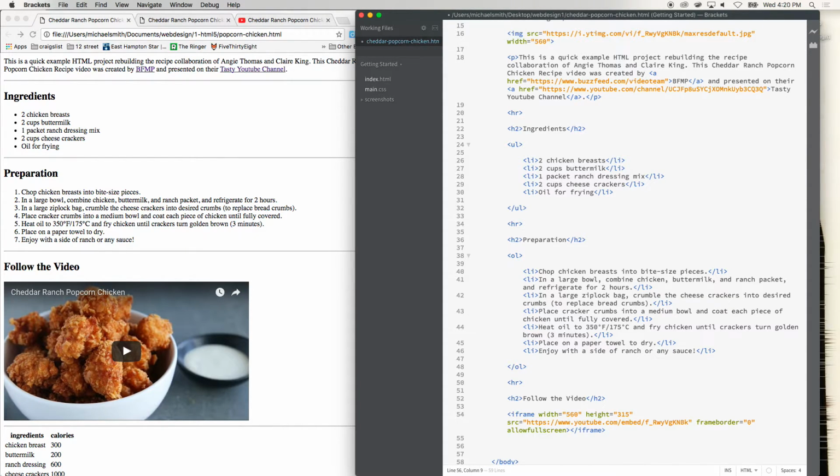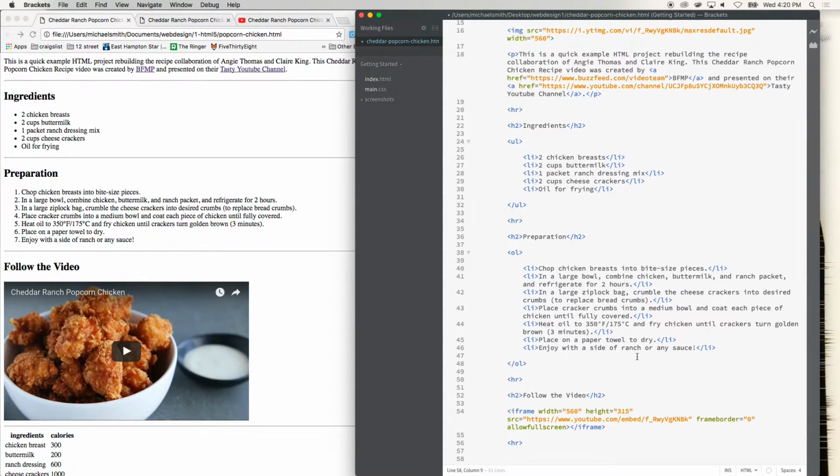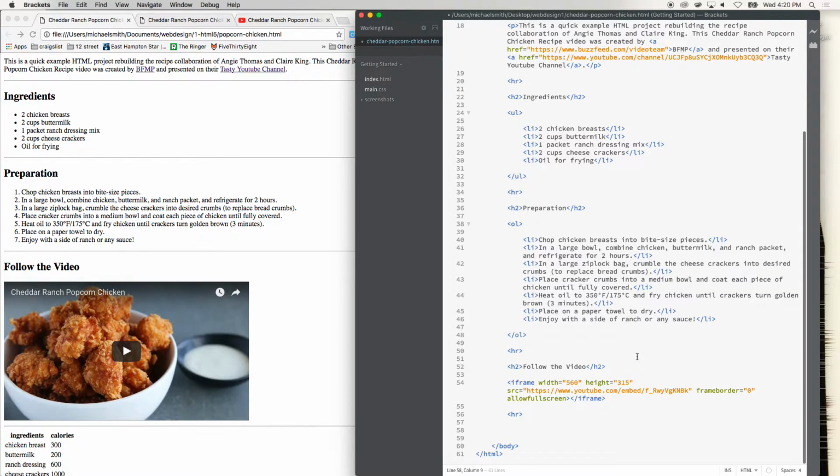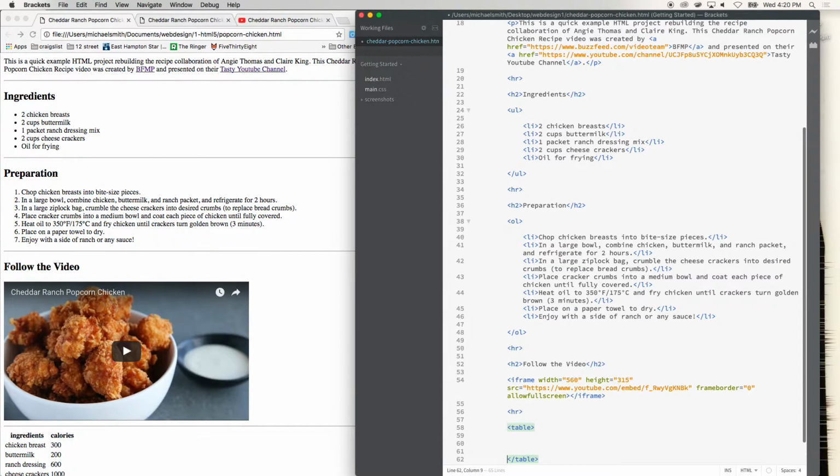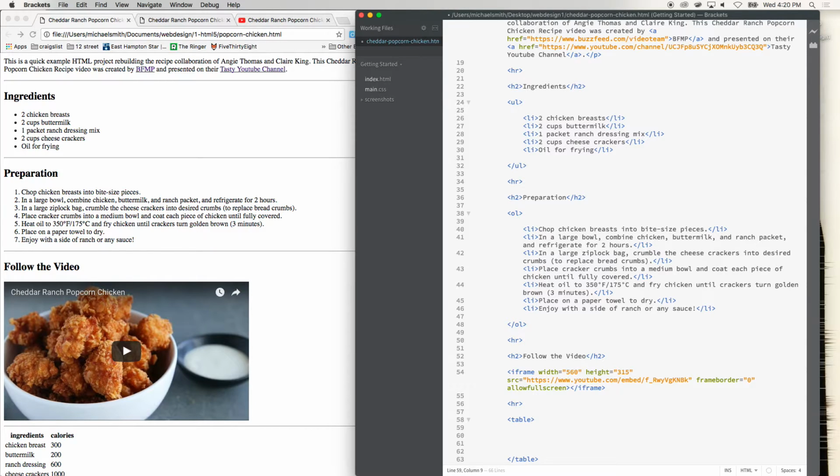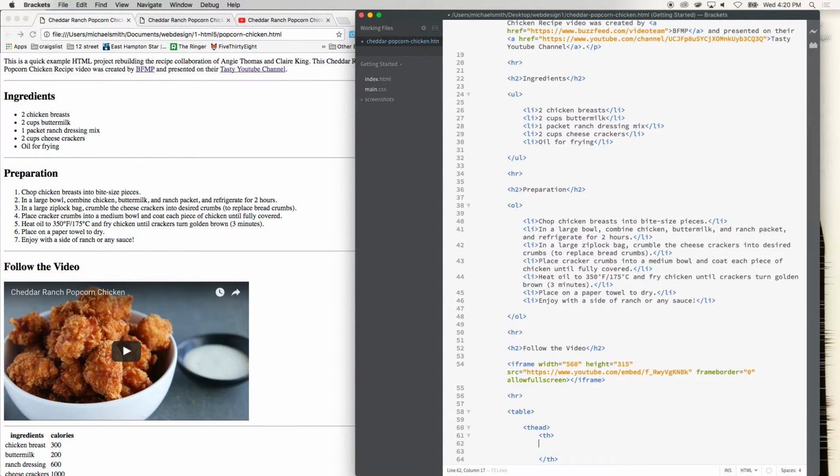And we're getting close to the end here. We have another horizontal rule, and now we have our nice table I have to build. And this is something I made up. I thought this because I wanted to make sure everybody did a table. And we want to make sure we do a table header. And we want to make sure that we use a table header row. And we have to do our,